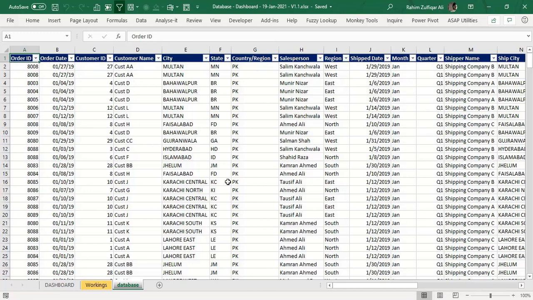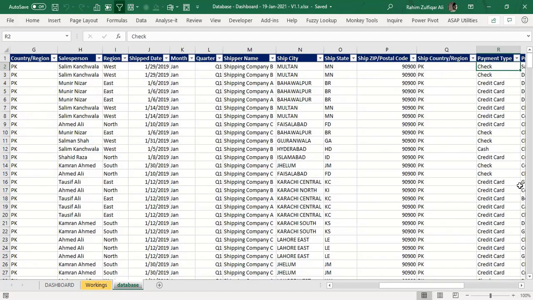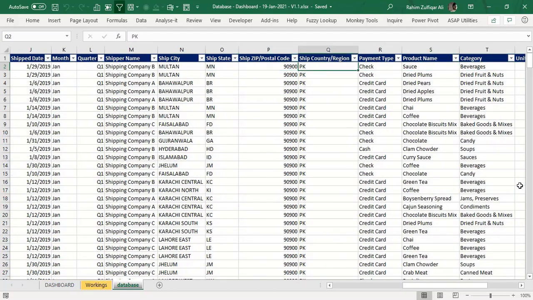Any intermediate user or a basic user can do it. So we have data which has certain columns. There are almost 24 columns in the data set, starting from the order ID, order date, customer ID, customer name, related cities, their abbreviations, country, salesperson names, region, ship date, month, quarter, and then some more columns like payment type,